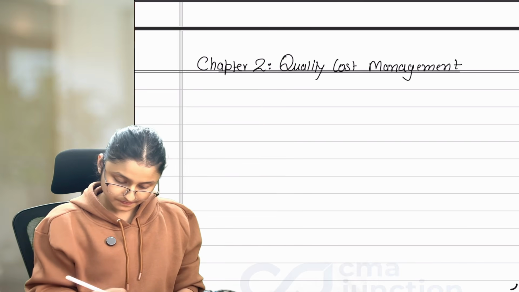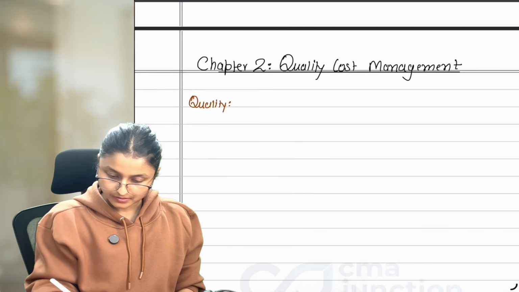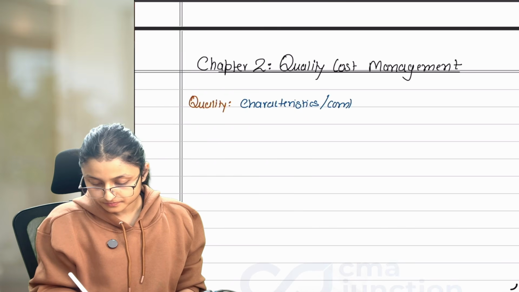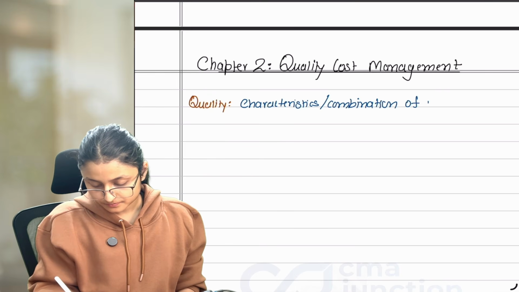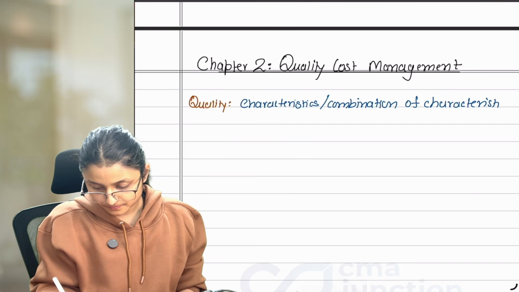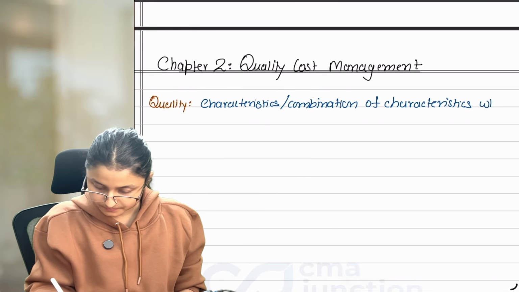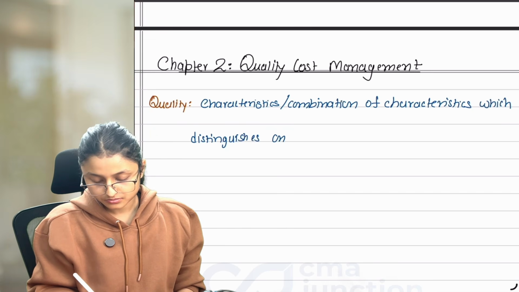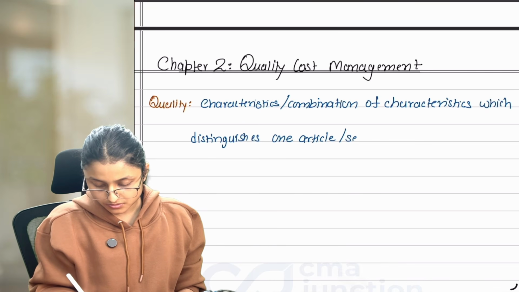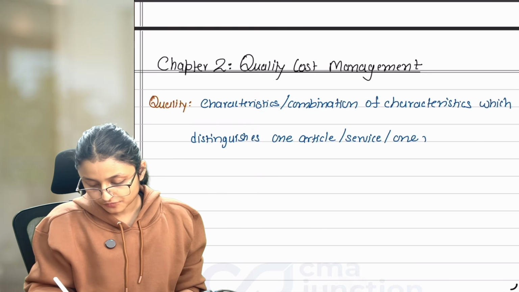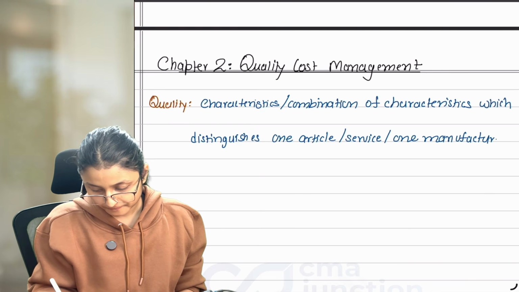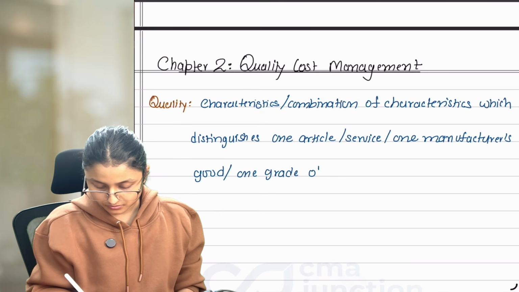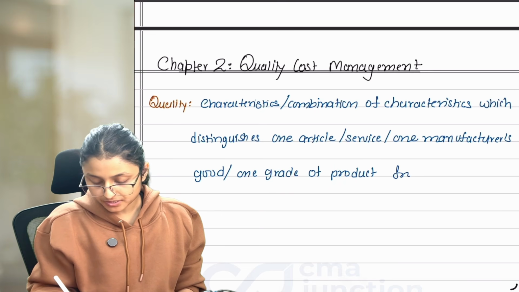What does quality mean? Characteristics or combination of characteristics which distinguishes one product or one article or service or one manufacturer's good or one grade of product from another